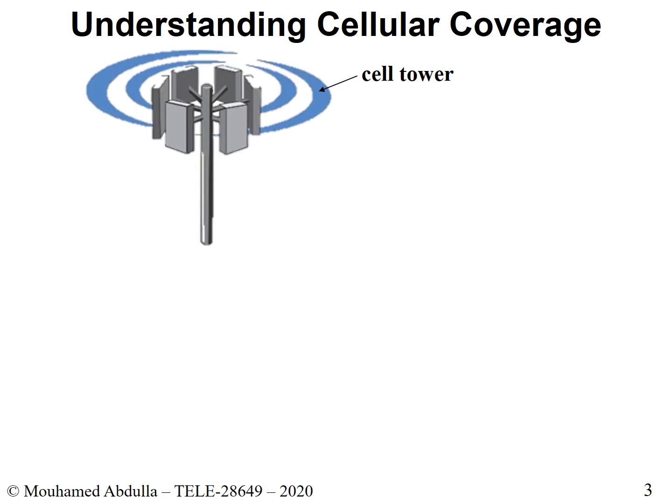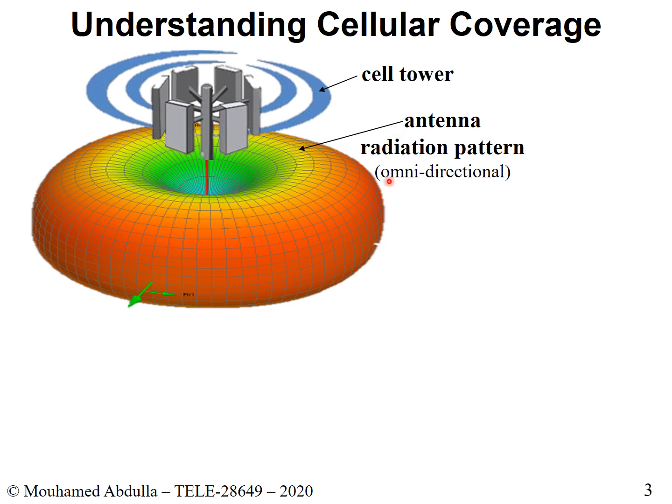So let's say you have a cell tower, right? This is an example of a cell tower. Now, if you notice here, there are 3 different antennas that you have. That's the sectoring that you have with the cell. We'll talk more on that later on. But for the time being, just think of it as your cell tower. And this is the radiation that you have from your tower. If you look more in depth into the radiation, it looks like this. This is the radiation pattern that you have coming from the antenna.